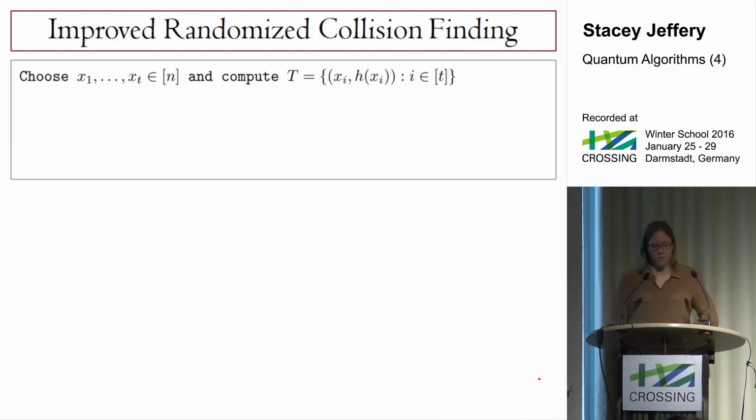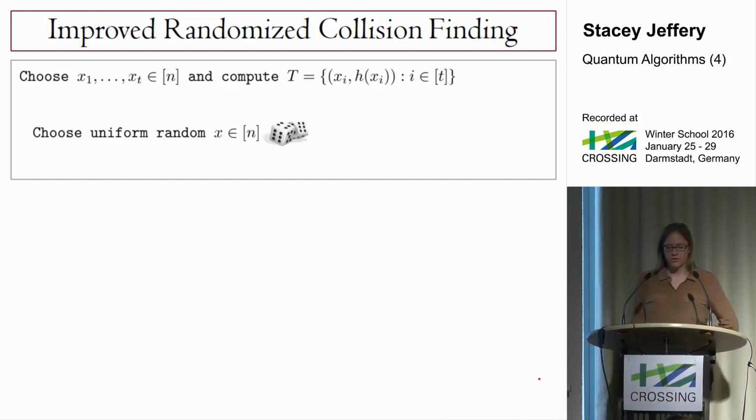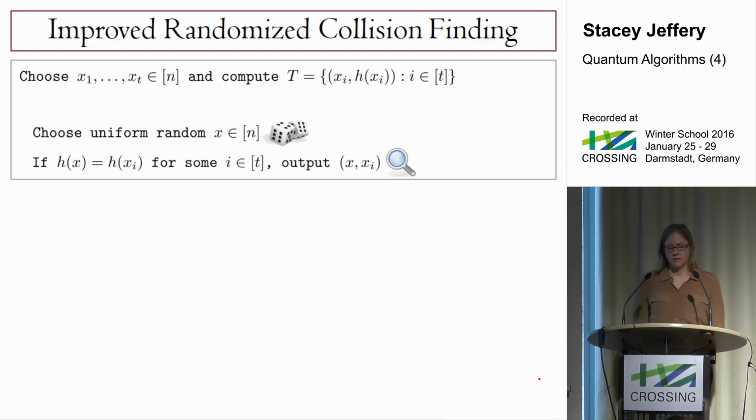Okay. And then we're going to search for some other x that is in collision with something in the table. So if you choose some uniform random x, then the probability that h of x will equal h of x_i for some x_i in our table T